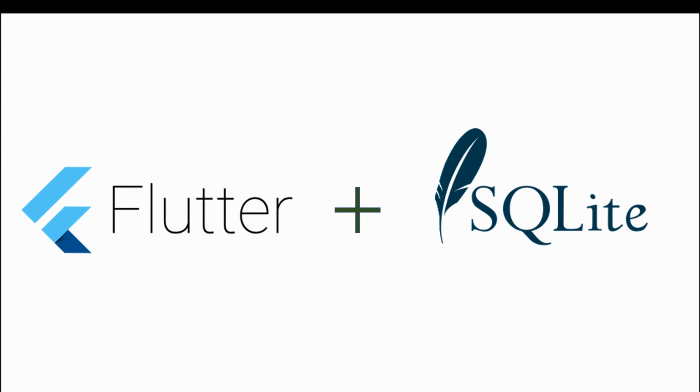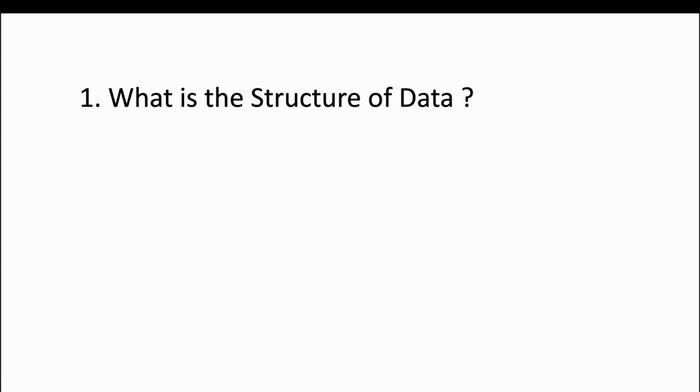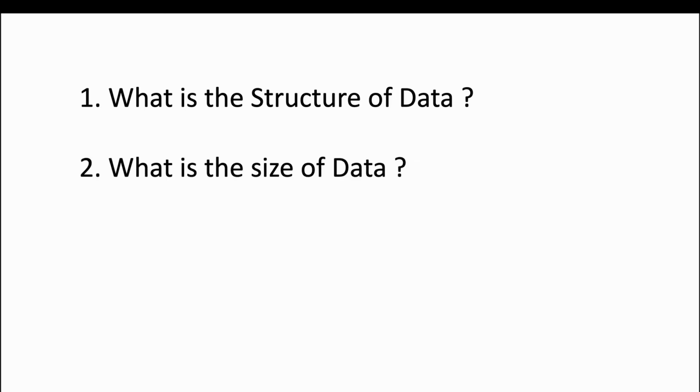When it comes to a mobile application, you need to select a database which is fast, scalable and secure. With hundreds of databases available in the community, it can be tedious to select the right one. Selecting the right database for a mobile application is really a big challenge. There are a lot of questions that come to your mind. One needs to think about the structure of the data, the size of the data, speed and scale, and security. Eventually, it depends on application requirements and feasibility to choose which database fits fully.